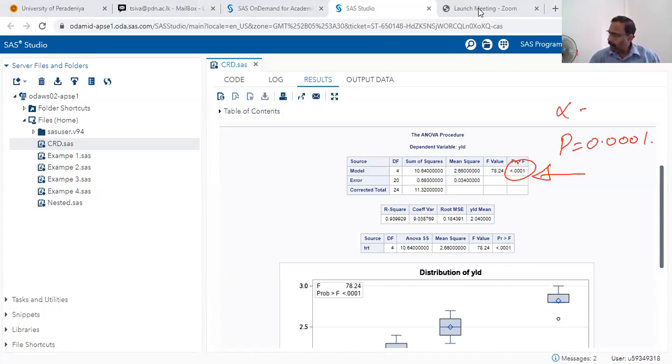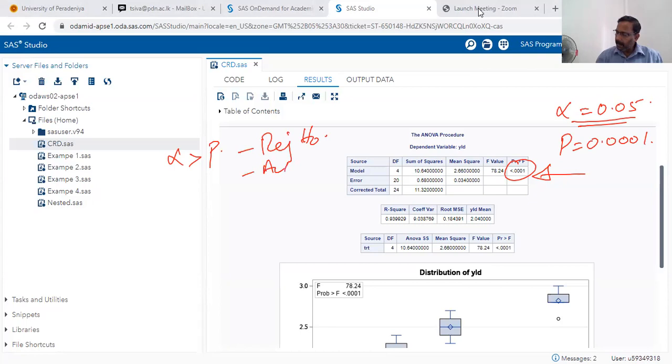If you consider our alpha value as 0.05, then definitely alpha is higher than the p value. Therefore, we reject our null hypothesis, and accept the alternative hypothesis. The conclusion is there is a